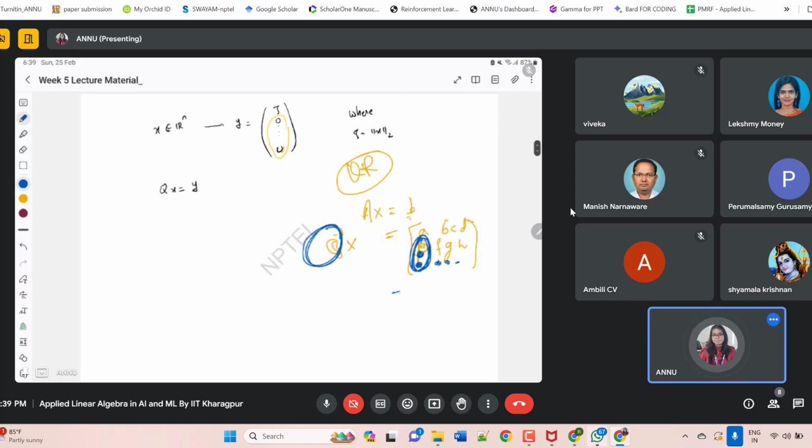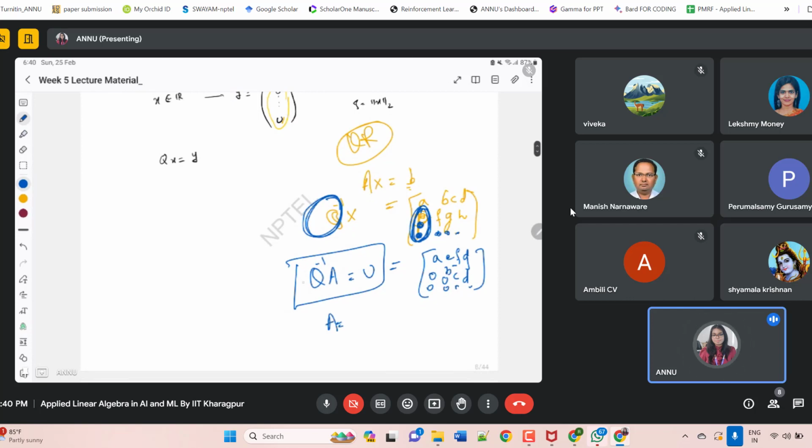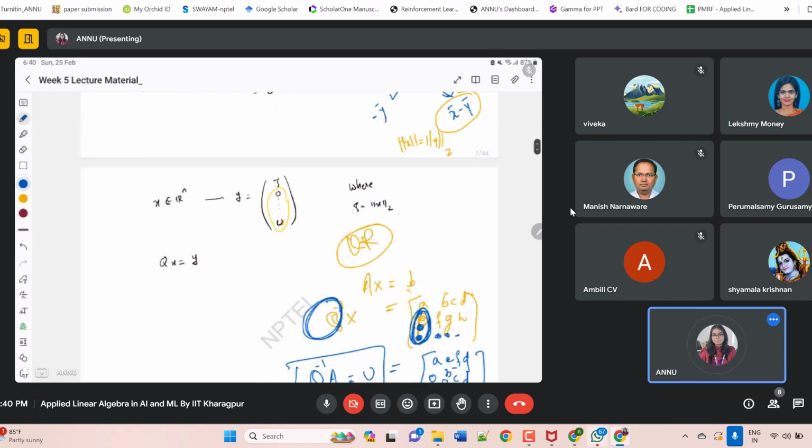So our aim in that case was to make the matrix A, B, C, D, E, F, G, H with 0s below the diagonal, so that in the end Q inverse of X equals U. This was the upper triangular matrix. So A will be Q transpose, this is Q, U. U was nothing but R. If you remember in the previous class, we were trying to make this particular thing a tau and then making it 0.